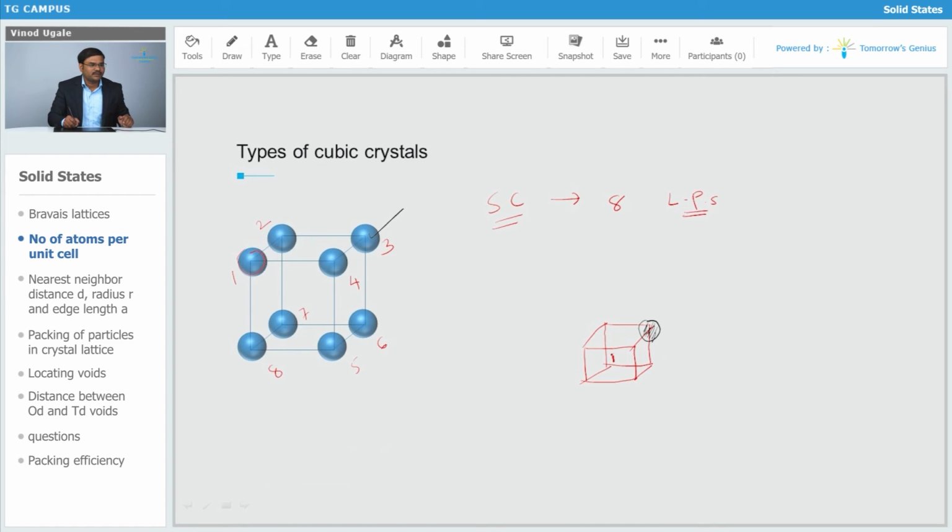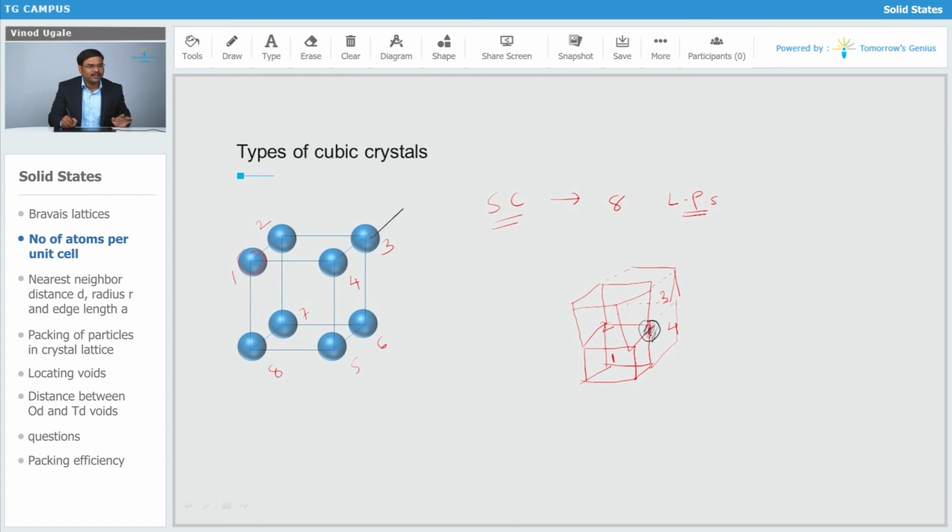So yes, this is the first one which contains some part of that lattice point. The above unit cell is also going to have some part of it, correct. So this becomes 2. Now there will be one unit cell to the back side of this first one. So I can draw it like this, back side of the first one, correct. It is also going to share that lattice point. Now the above sphere, the second one, on the back side of that also we are going to have one unit cell. Okay. So we got a total of 1, 2, 3 and 4 unit cells on the left side.